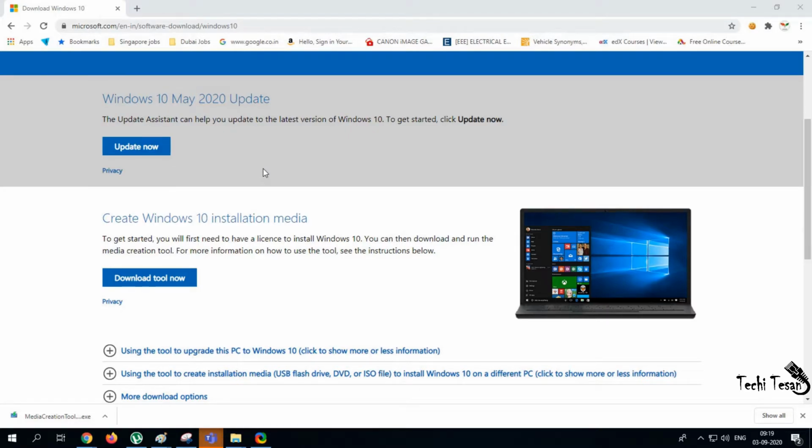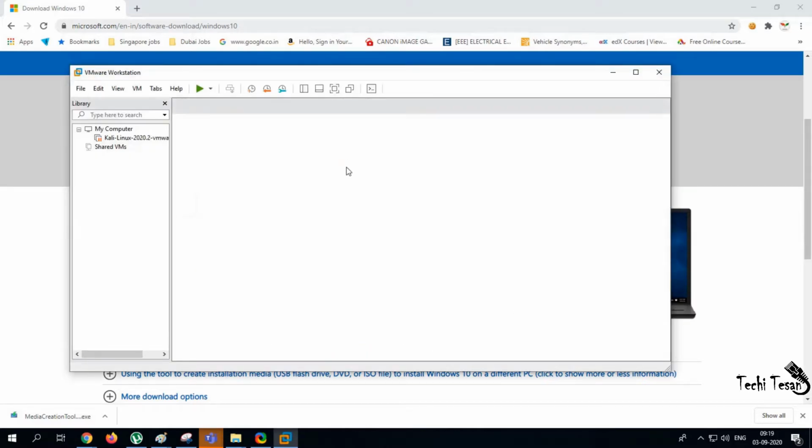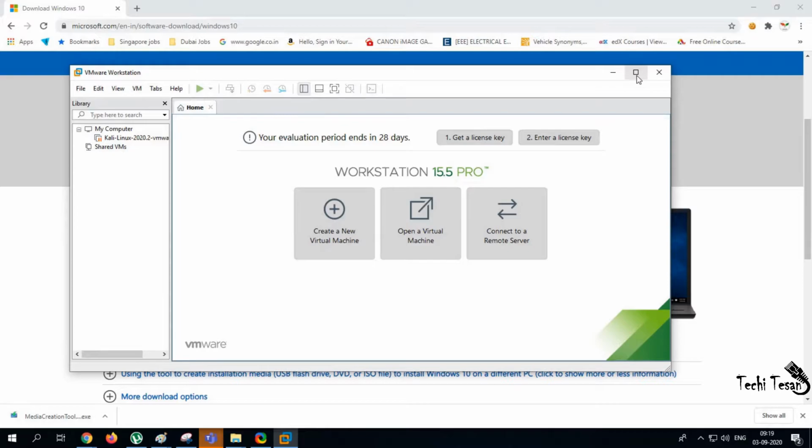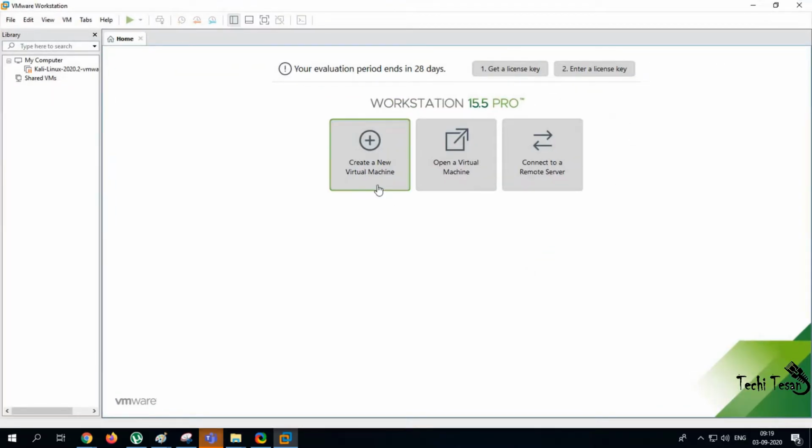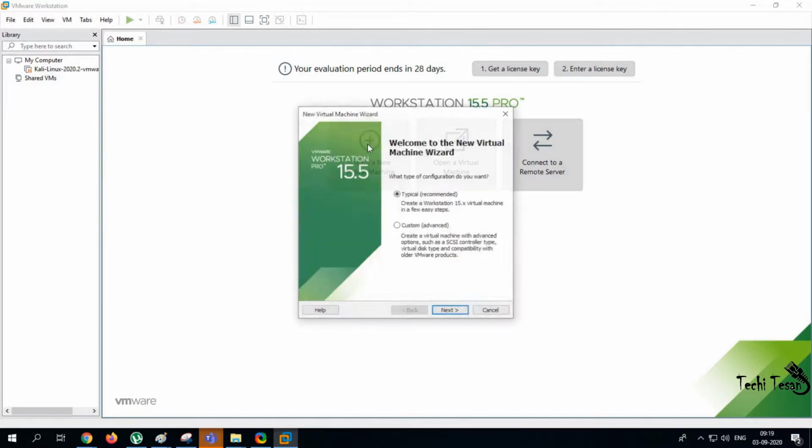Now, to create a new virtual machine, there will be an option available on the screen to create a new virtual computer. Click on Create New Virtual Machine. A dialog box will be opened. Select Custom to modify the settings and select the preferences of the new virtual computer that we are creating.